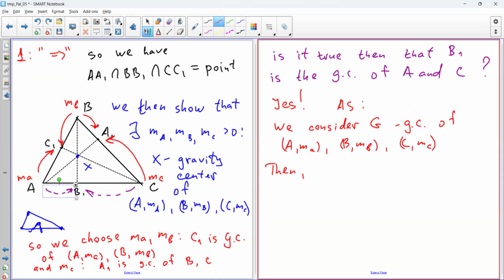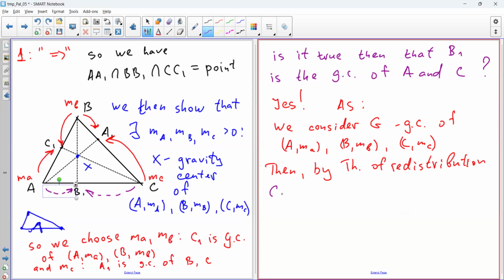Then, by the theorem of redistribution, which would be a theorem in your home task, here we just mention this as some physical principle to be proved, but it is really provable, and you will do that. So by the theorem of redistribution,